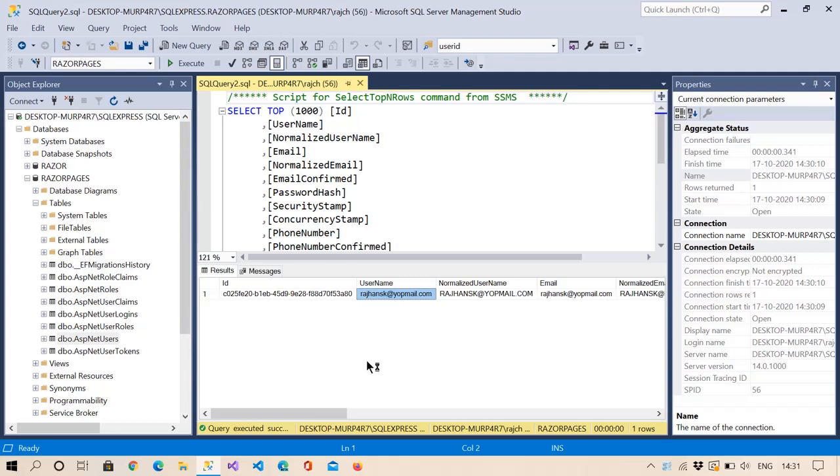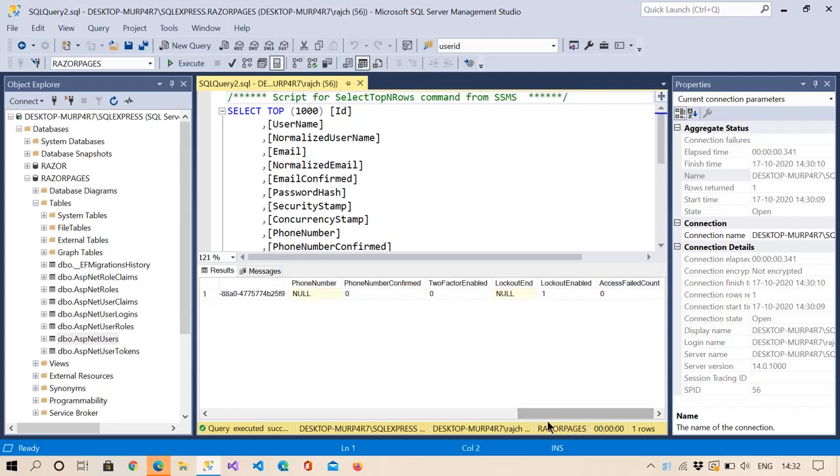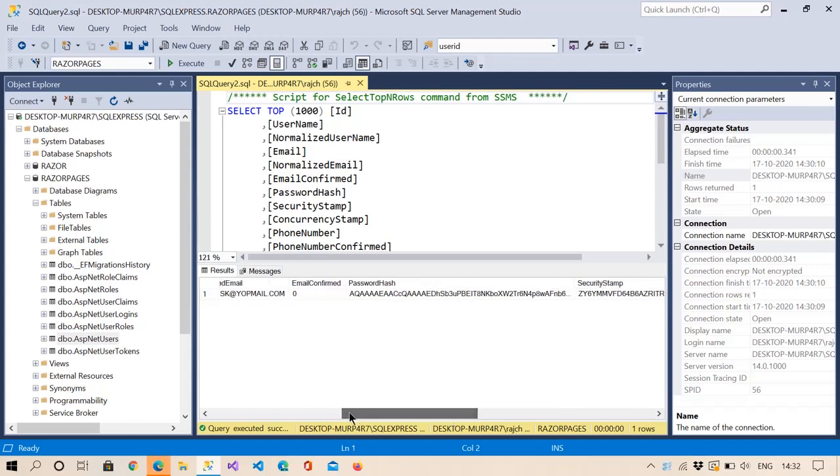So here you can see we have provided everything, and you can see the password, right? This is the password basically, and right here it is the password hash. Whatever password I supplied, identity automatically creates the hash for the password and keeps that hash in our database.